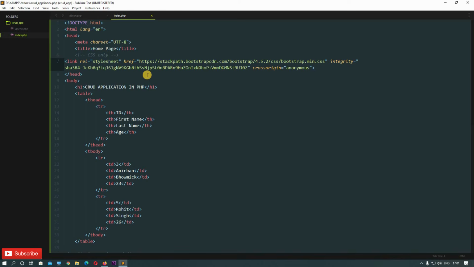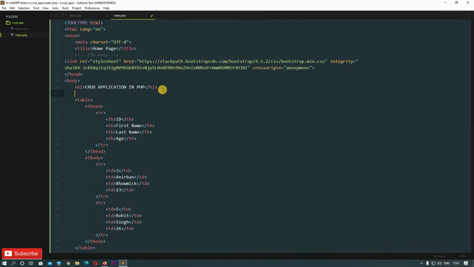Okay, index.php, but now it is the time that we check whether it is actually included or not. So let's try to give some styling to our table and let's see what happens. So first let's put the entire table inside a container. It's also a Bootstrap class.